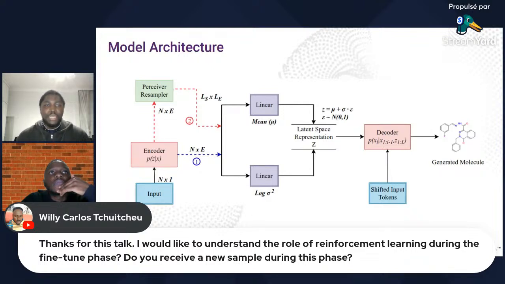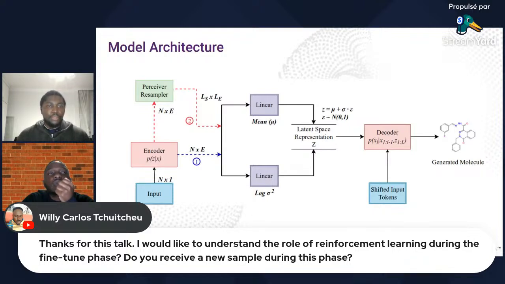What you do have is a metric for determining how good the docking is for that output molecule. So you cannot use the same training approach that you use during pre-training, because during pre-training you have the data set, but during fine-tuning you don't. So you are going to use that docking quality metric tool to measure the quality of the docking of the produced molecule, and then use that as your reward function to update your model by using a loss function,